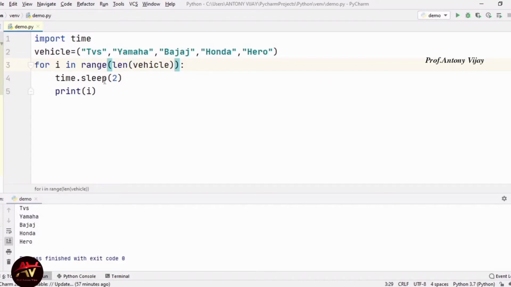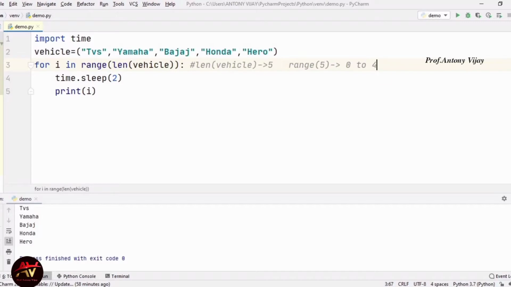Here the length of vehicle value is 5, so it means range of 5. Range of 5 means it starts with 0 and ends with 4.